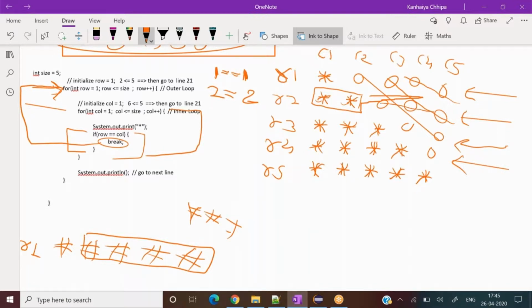So it will not print the remaining values, just as the first time it did not print the remaining 4 values. When break occurs, it goes straight above and row becomes 3. So it will be like this: 1 2, and over here 1 2 3, then 3 will become equal to 3 for column. So it will print 3 times. Did you get the logic which I tried to explain?